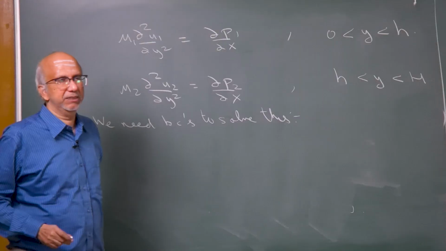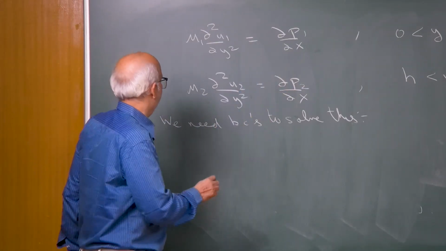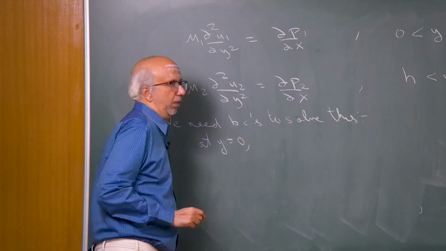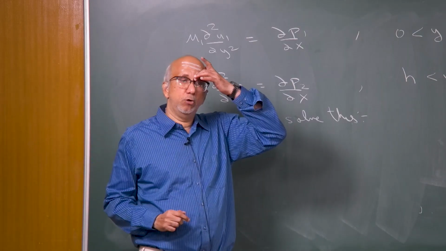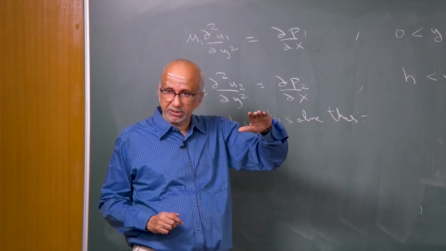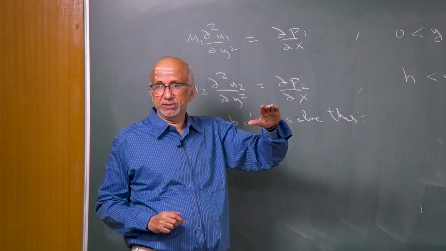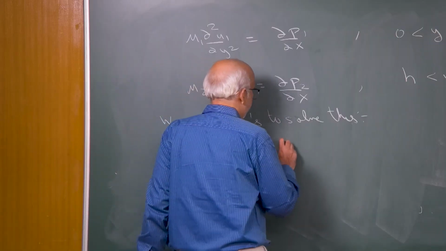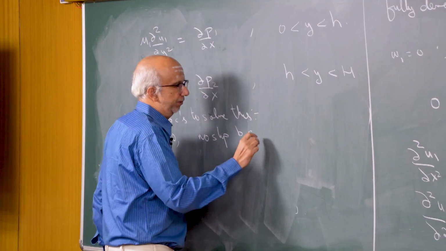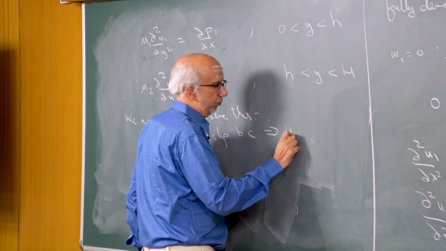What are the boundary conditions we are going to put at y equal to 0? We have the no slip boundary condition, that is there is no relative velocity, the wall is stationary, the liquid is also going to be stationary. So, the no slip boundary condition implies u1 is 0,